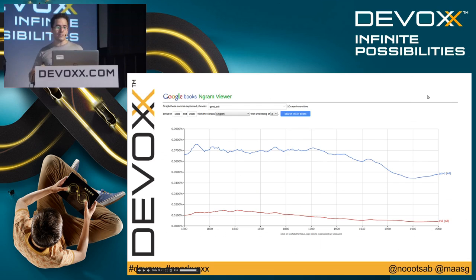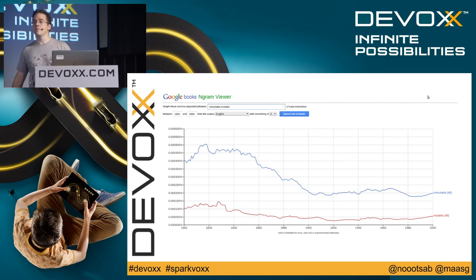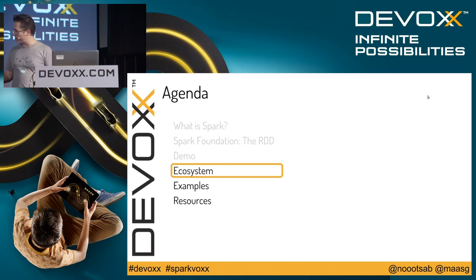Just one additional word about it before I give the token to Andy. The Ngram. So what we did right now might seem simple. Google has been doing it for a body of 4 million books to have a view on the change of the culture over time. So we have here a view of the 1800s until the 2000, the difference between good and evil. And to leave you with this thought is very close to immutable and mutable. So mutable is very evil. And now I will give the token to Andy, who will talk about the Spark ecosystem.